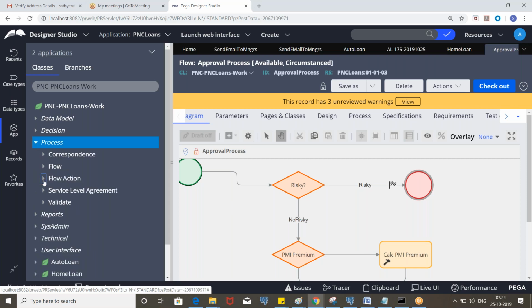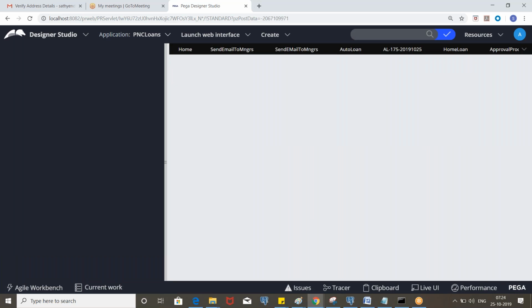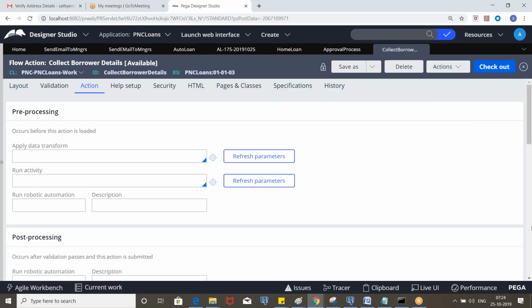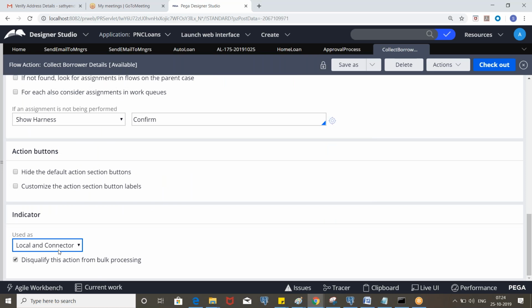If you open any flow action, under the action tab we see Used as: local and connector. That means we can use this flow action as a connector flow action and also as a local flow action. So far we invoked it only in the connectors; those are called connector flow actions.